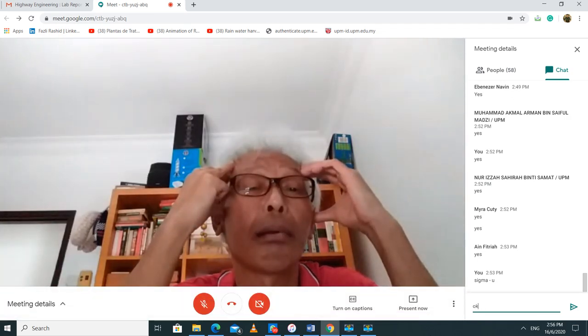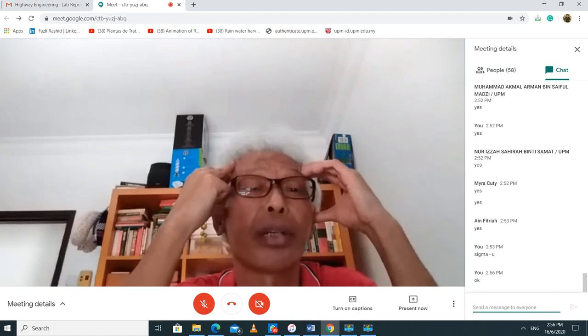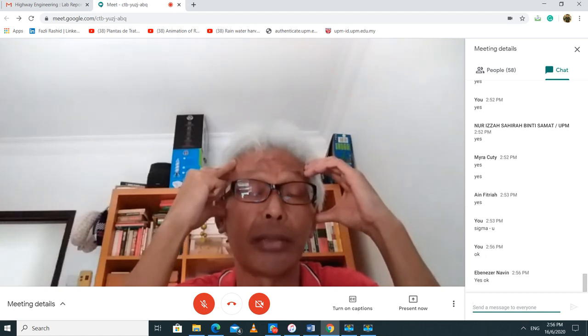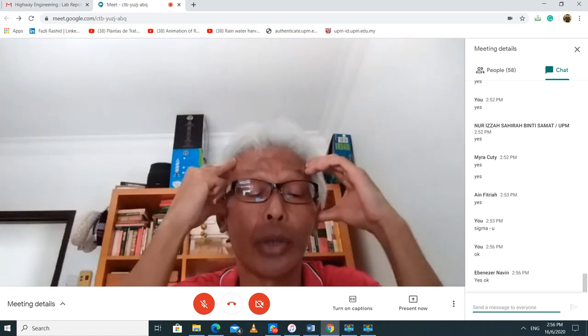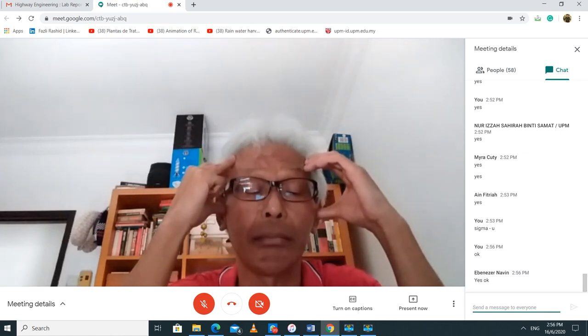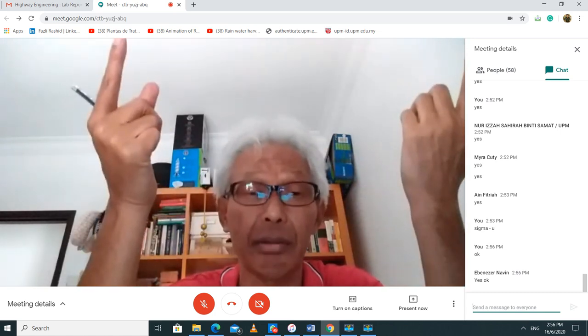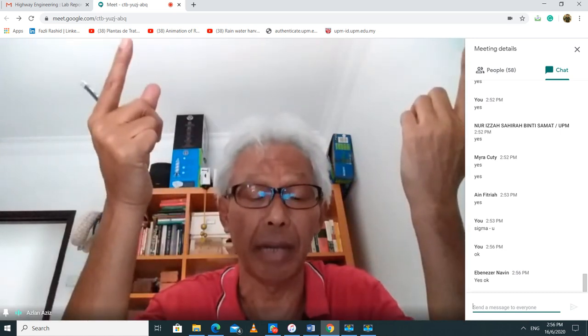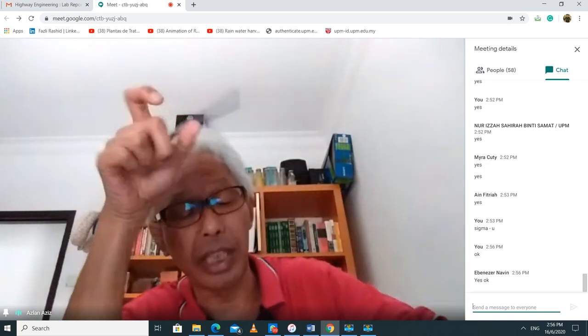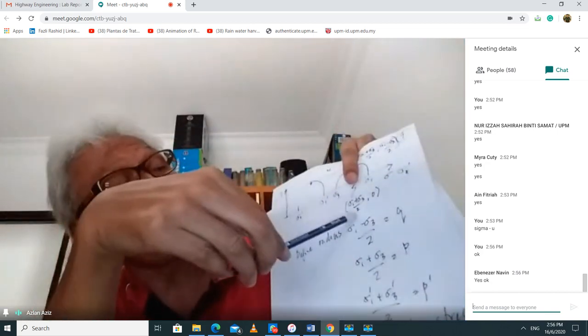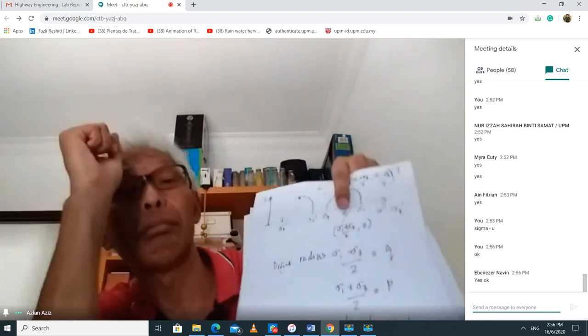All right. The radius of that Mohr circle is sigma 1 minus sigma 3 divided by 2. So the coordinate on the horizontal line is going to be sigma 3 plus the radius, which is sigma 1 minus sigma 3 divided by 2. So this coordinate should be sigma 1 plus sigma 3 divided by 2.